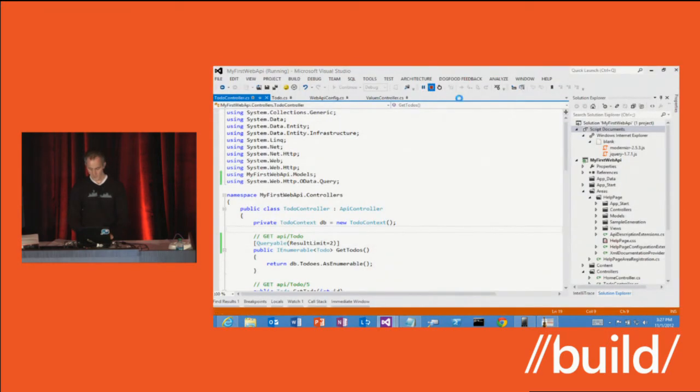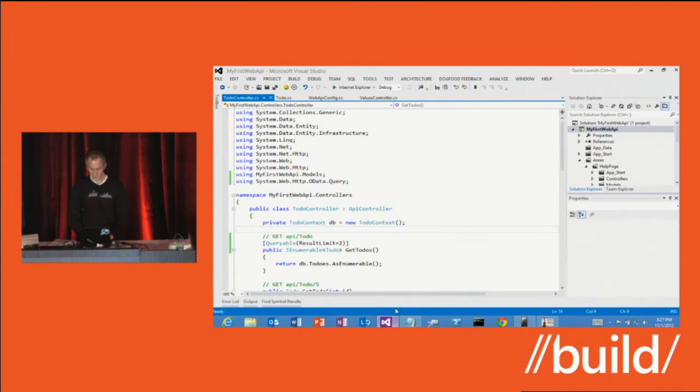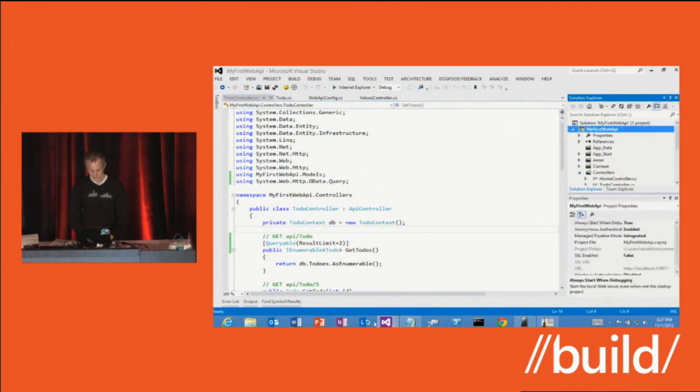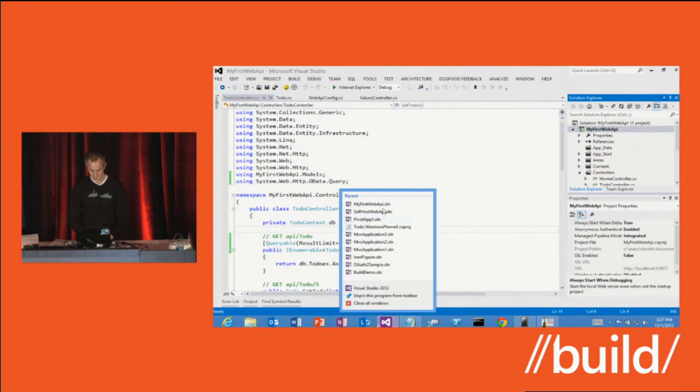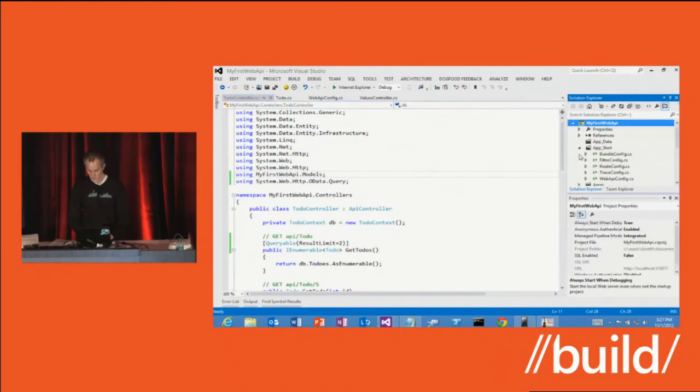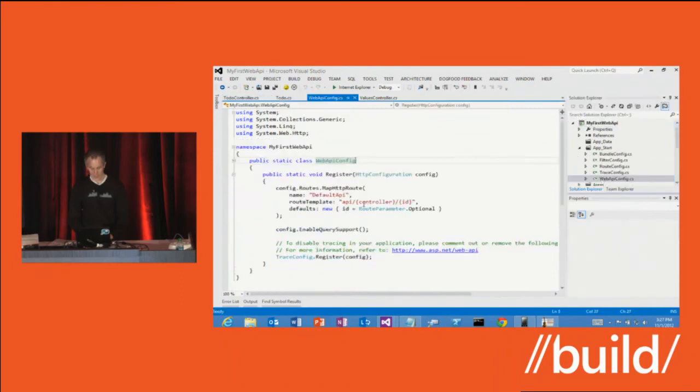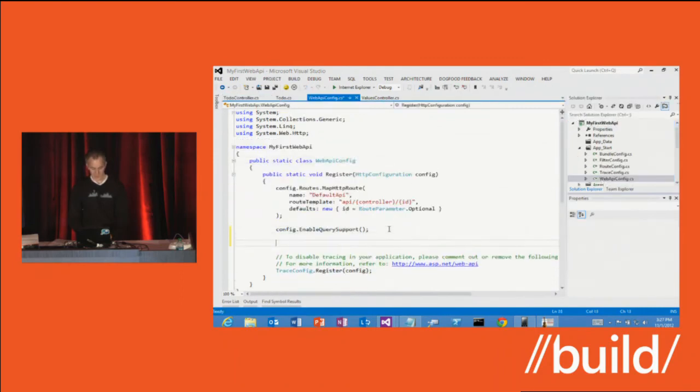So let me stop. In the interest of time, since I was moving, well, okay, we'll do it. So if I go to my Web API config, I want to add a new OData formatter to my configuration. So let's do config.Formatters.Add. I want to add a new OData media type formatter. And this is going to add support for the OData Atom feed syntax and the OData JSON syntax. JSON Lite is not in yet in our bits, but it is coming.